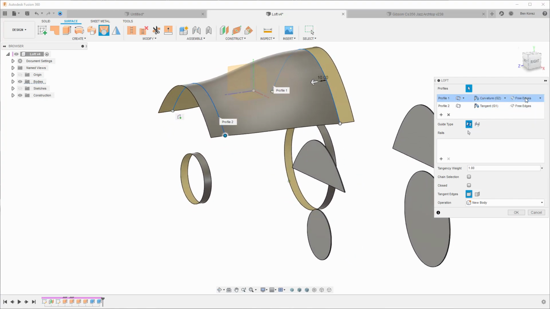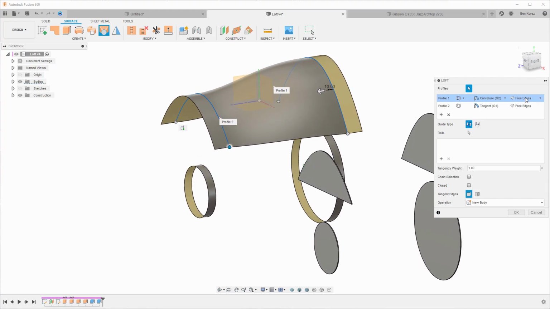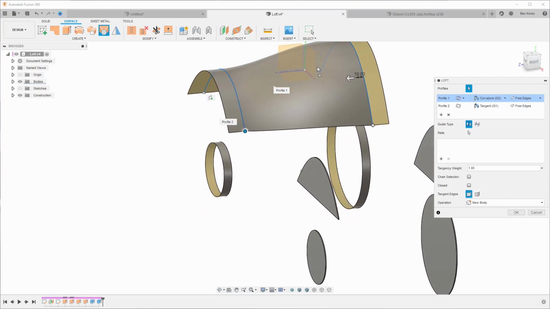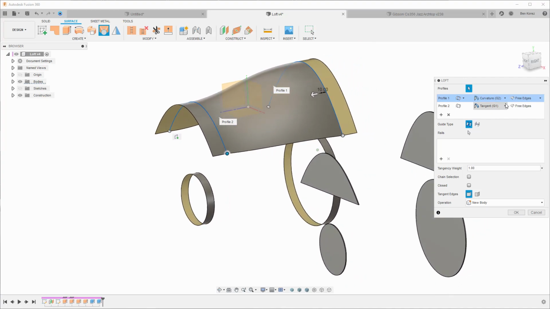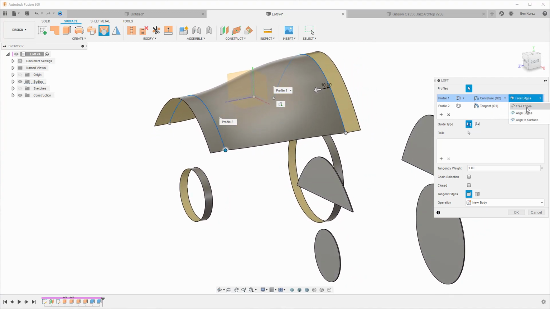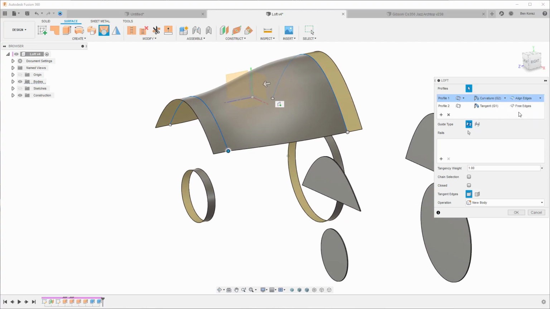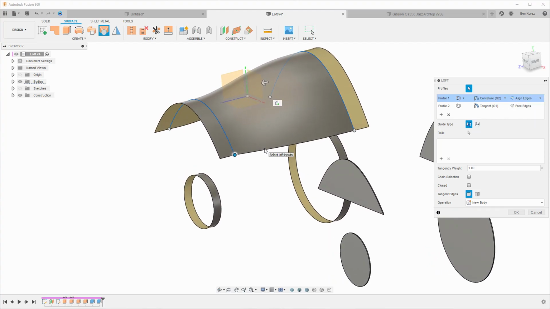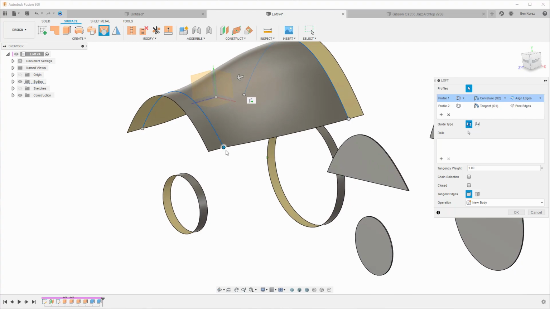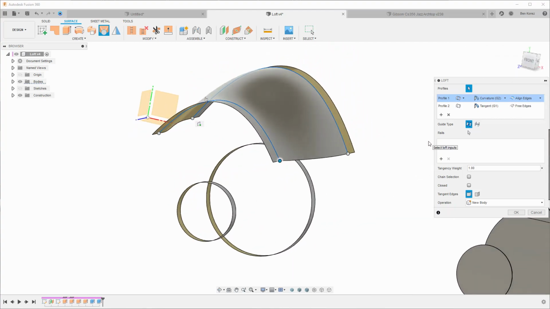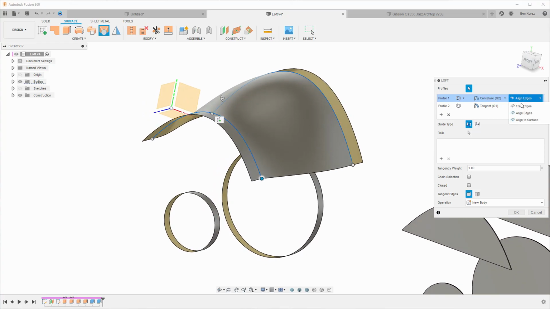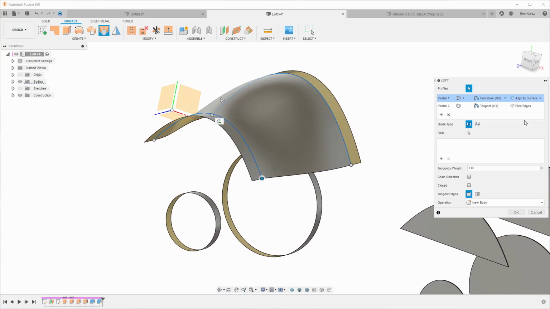It basically means that the system is going to take the surface priority and not so much the edge, how it's going to look. And if we choose align edges, as you can see, it went down because we say, okay, we wanted to align between those two, and so it's going to be more straight, okay? As you can see right here. And then also we have the option to do align to surface,